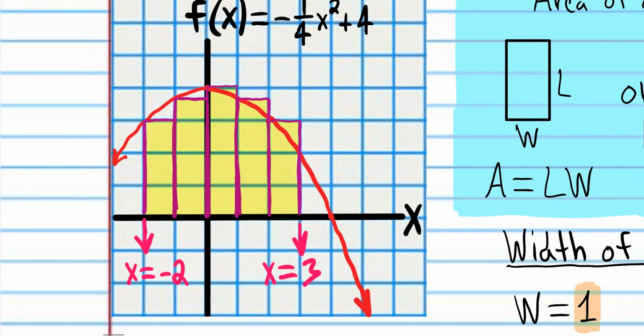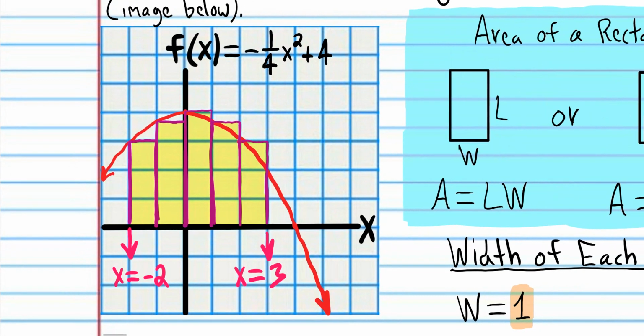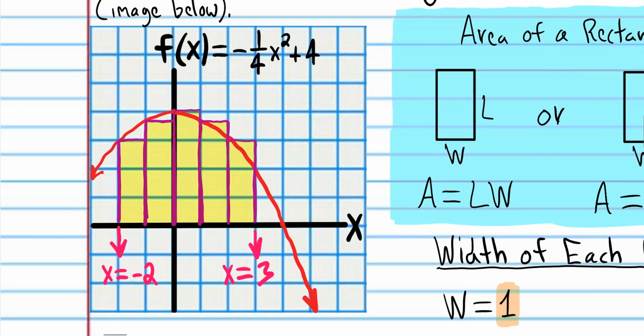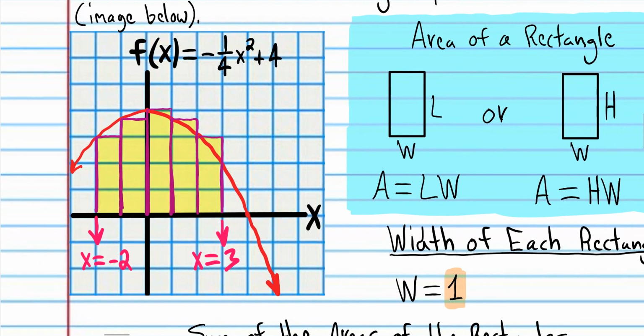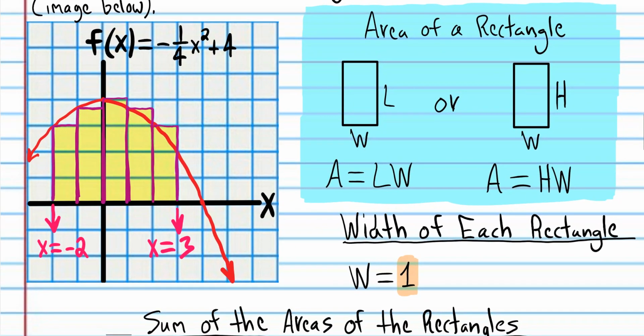Now it's not true with Riemann sums that the widths of the rectangles have to be the same for every problem that you do. But in all the problems that we're going to do today, the widths are going to be the same because those are the most common problems that you'll see. But on the advanced placement test, you'll see rectangles where the widths are not the same, but that's okay. We'll do some of those problems later on in the course. I don't want to confuse things right now. We'll just do the most common